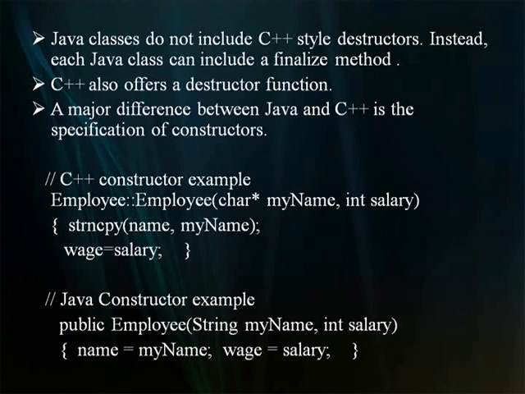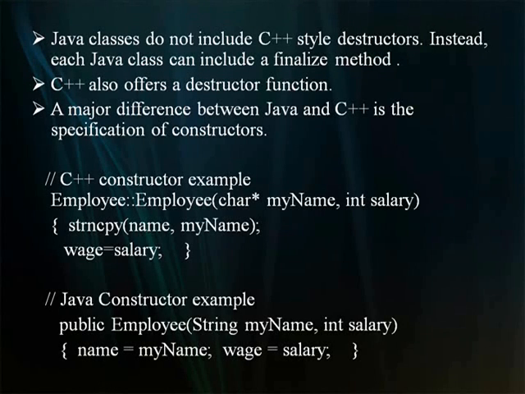There is one danger, however, to consider when using finalize. It is possible for a Java program to terminate without this method being invoked on every object. If a program terminates with objects that are still referenced, the garbage collection process will never be used to release those objects, and finalize will never be called.